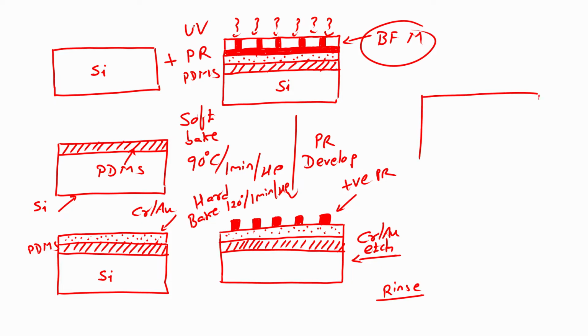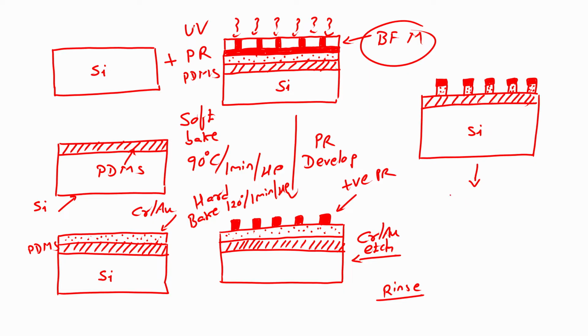I will have a substrate which is my silicon substrate on which there is a PDMS, on which my chrome and gold will get etched from the area which was not protected by positive photoresist. This area, like you have seen here, is not protected by positive photoresist. So, the area which was not protected by photoresist, that will get etched in the chrome gold etchant, correct, easy. Next step would be